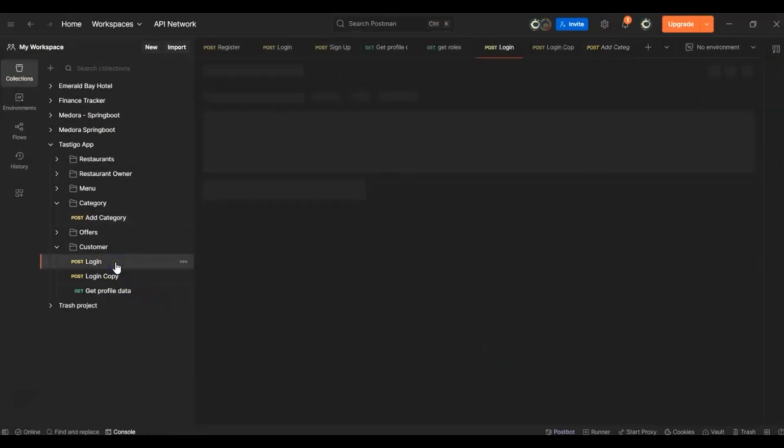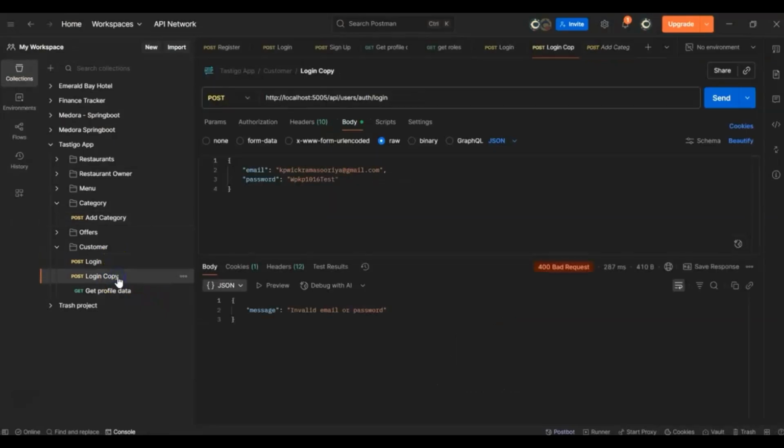After login, there is another vulnerability, which is no login attempt limit. That means a user can send incorrect logins, invalid logins, any number of times. Then I added a validation that a user can log in only 10 times within 15 minutes for a particular